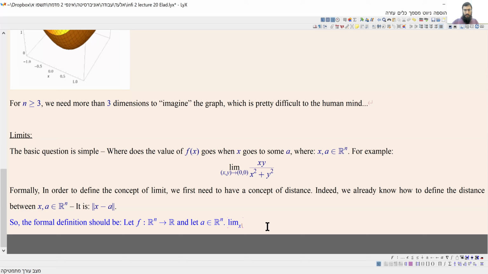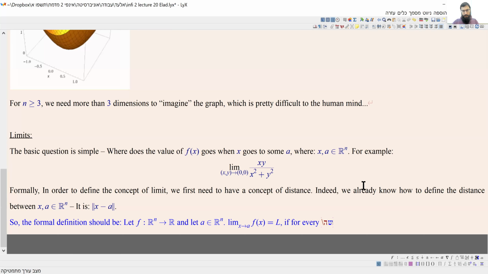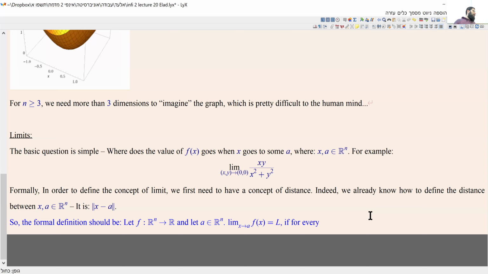The limit, as x goes to a, of f(x) is some L if for every... Is R used to define the limit of a function using sequences or using epsilon and delta? Both. And which was preferable, the sequences or epsilon-delta? Epsilon-delta, so write down epsilon-delta: if for every